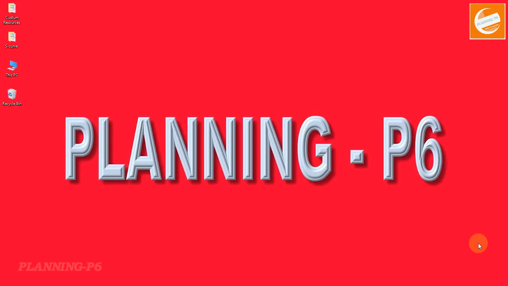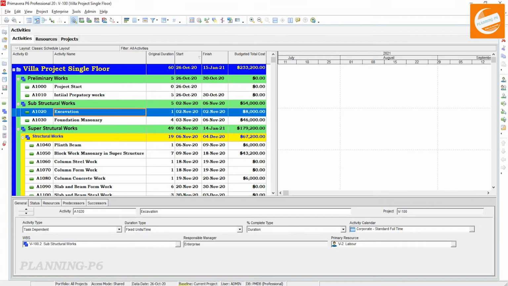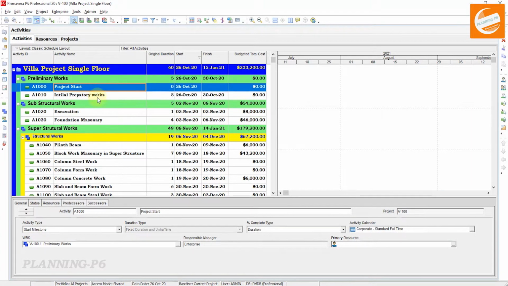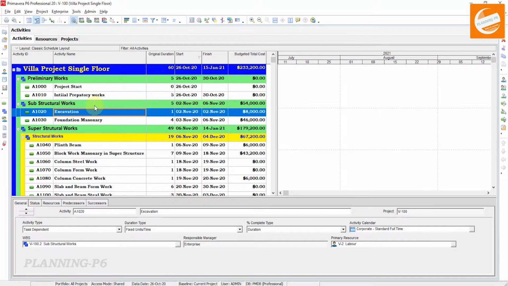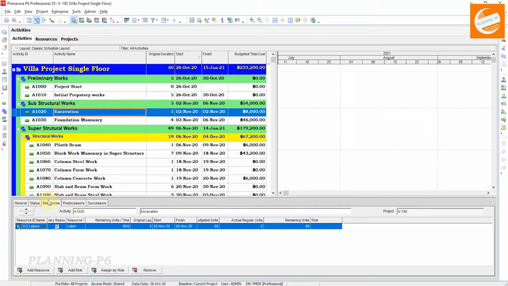Open your Primavera P6, open your project and select that resource. Just for example, I will explain on one resource and then you can continue with all the resources if you want to change specific resource rates and their rate types. So open your project and go to the resources.